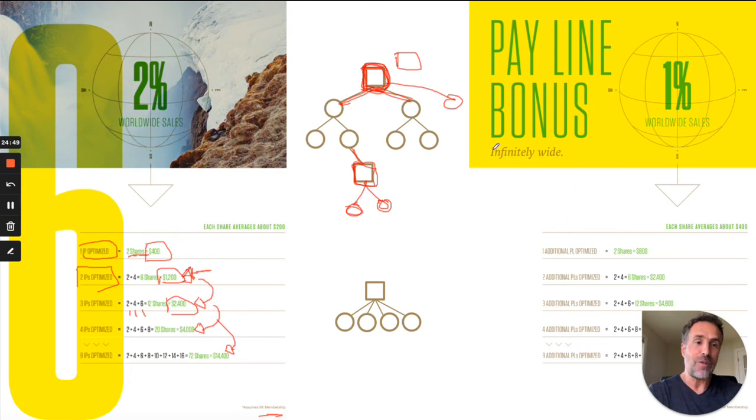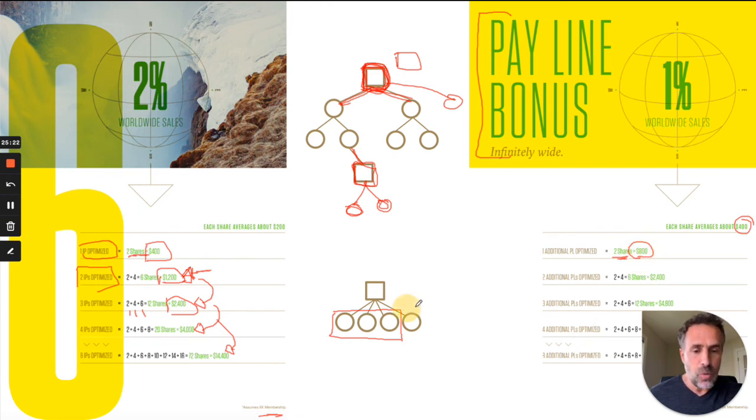So they have also a payline bonus, and the reason for the payline bonus is because some people prefer to build paylines instead of repositioning down below and building their team in depth. They prefer to build lines. So they said, if you optimize 3 lines, 1 power line and 2 paylines, we're going to give you 2 shares in the bonus pool. It starts at 3, okay? And so those 3 shares, on average, it's about $400. So that's $800 right there.